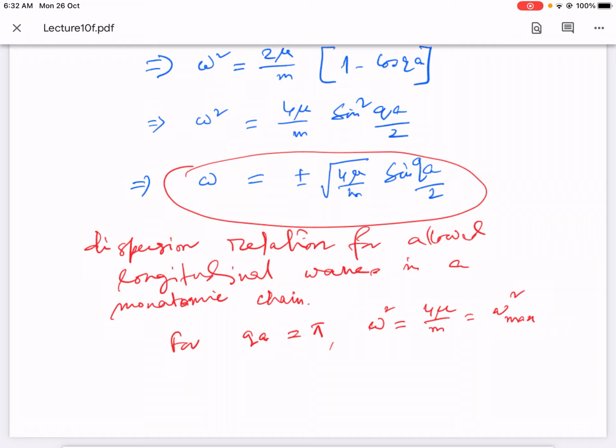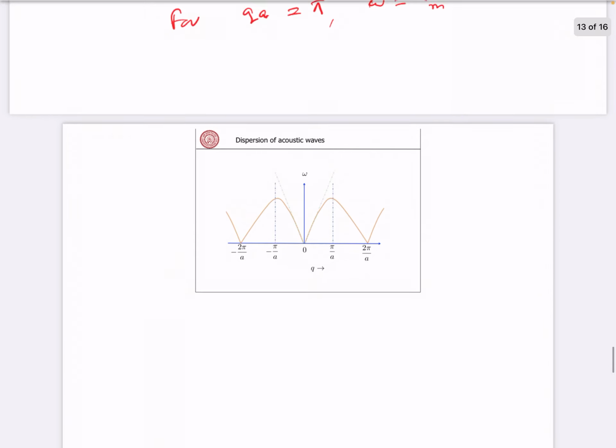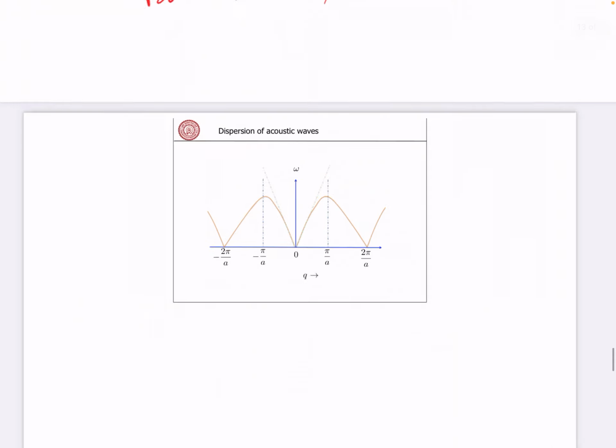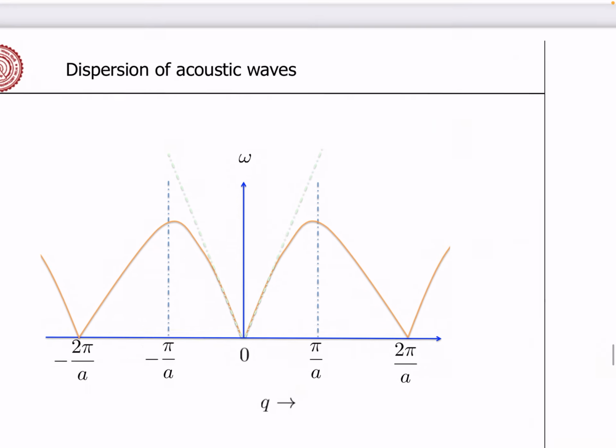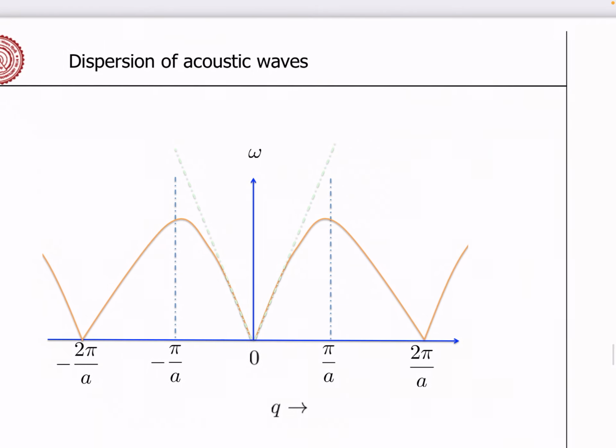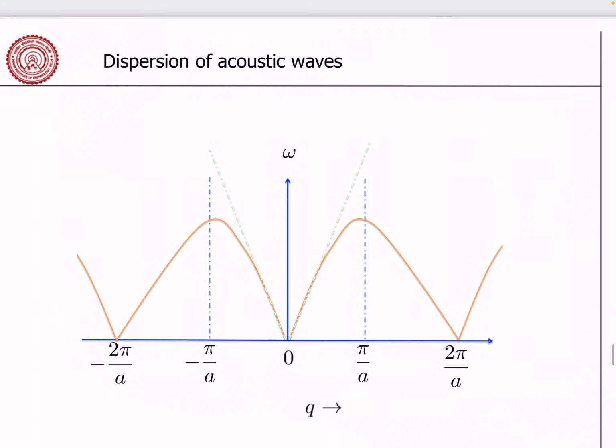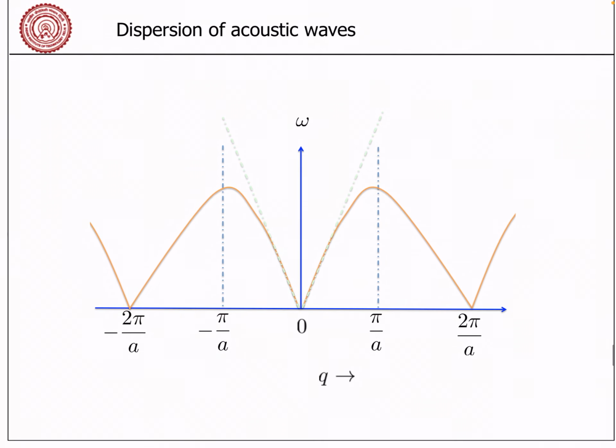The phonons of maximum frequency will be excited. Okay, so now if we plot this function, it's not a perfectly drawn function, but let me try to show it to make you understand what we mean. So this is the dispersion relation that you plot. So this is omega versus q, and what you see here is that, as I said, at q equal to pi by a, you have the